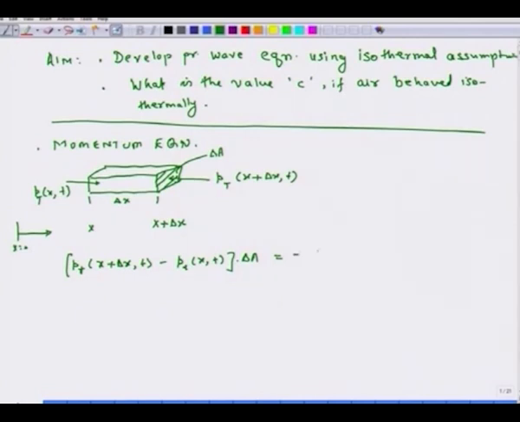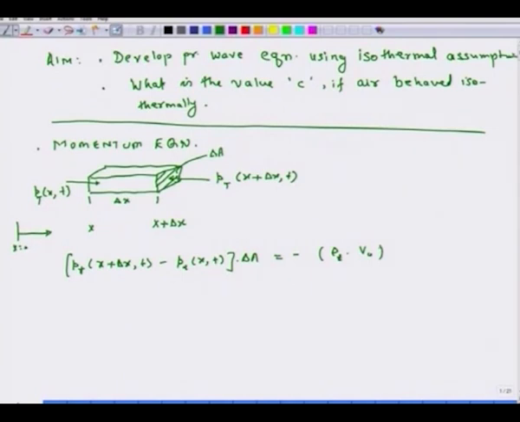So, the momentum of this fluid volume is density times volume, and I will call this volume V, times u,